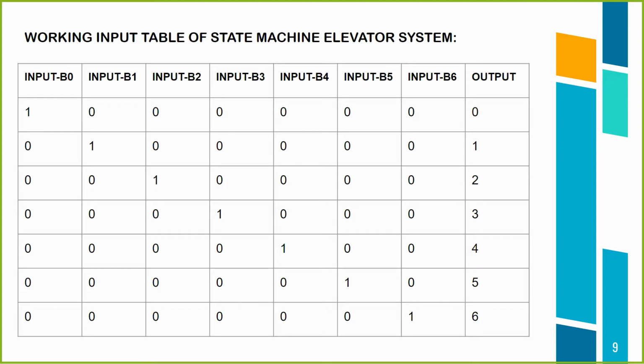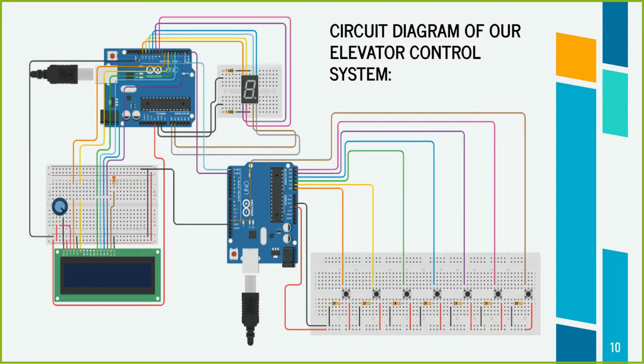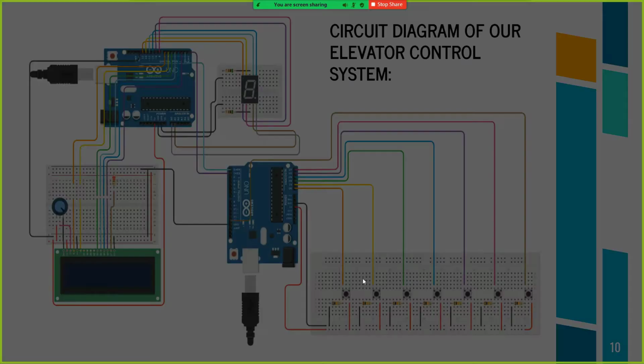Now, moving on to the working input table of the state machine elevator system. But before going on to the details of the table, let us have a look at the circuit diagram of the elevator control system. As you all can see, there are 7 buttons, each representing a floor. The first button represents the ground floor and the last button represents the 6th floor. Now, coming to the table,